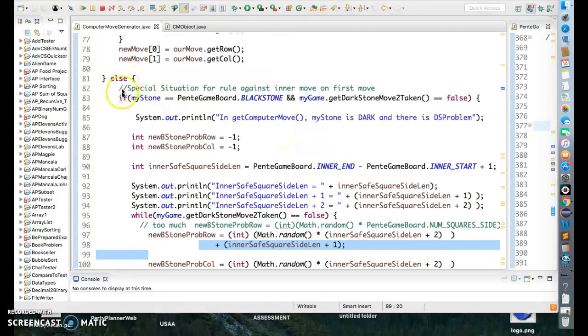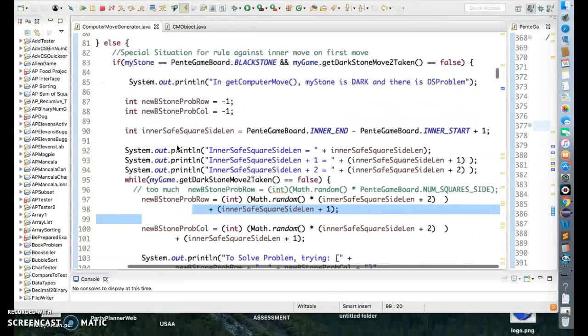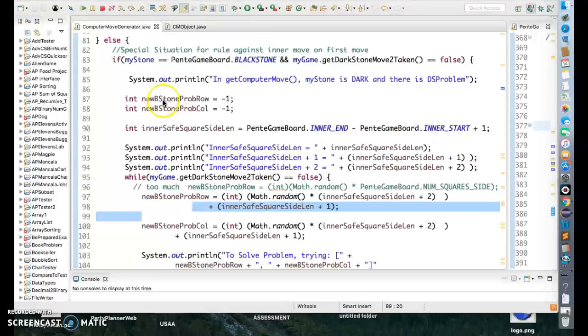First we look to see if the stone is the Blackstone and you're in the first move for the Darkstone situation. That's what you're doing. So you do this. I have a system out print to check what's going on. Then I made a place for a row and a column that we're going to find that's going to be safe. And then I find the size of the inner square, and if we run this right here,